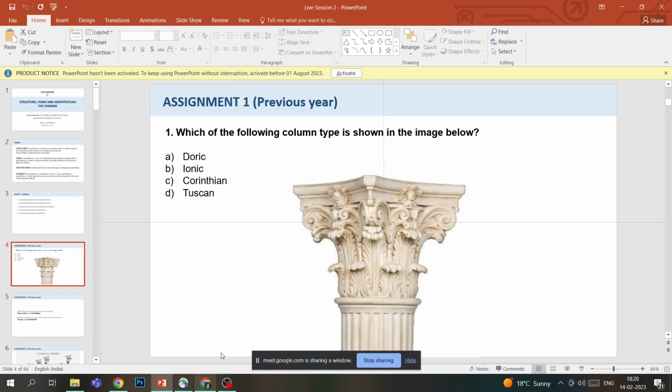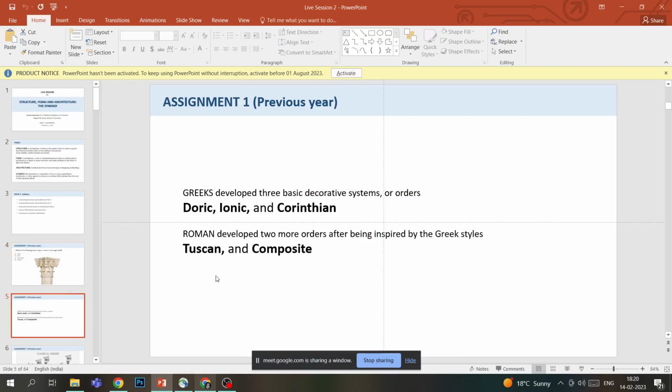So the first question is, which of the following column types is shown in the image below? Doric, Ionic, Corinthian, and Tuscan. So the first thing, which is very important and basic, is that we should know